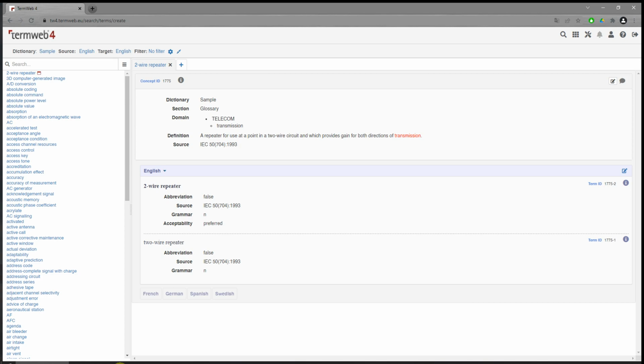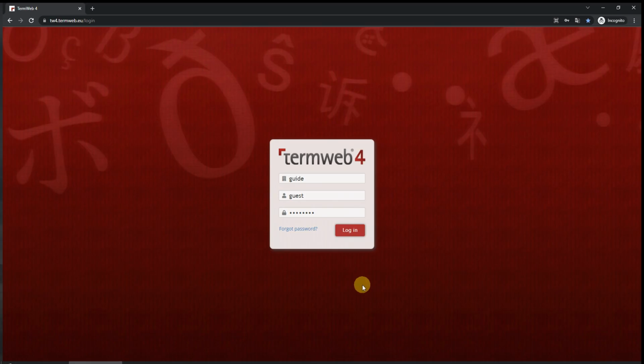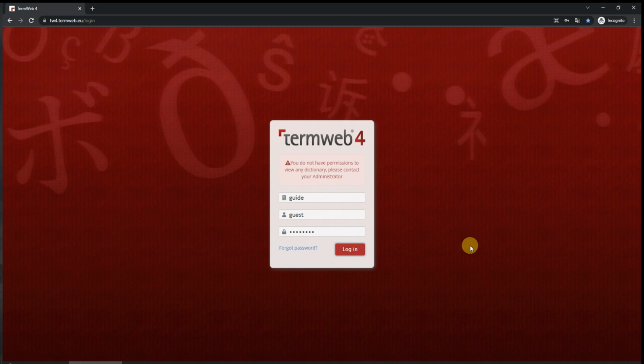I also have another tab, a window, for the guest user login. Now there's a number of different ways for users to access Termweb. In this case, we're going to be using the normal login, but some of our customers, of course, have access to SSO and other features that allows for guest users to log in different ways. What I wanted to demonstrate here is that these guest users currently do not have permission to access any term